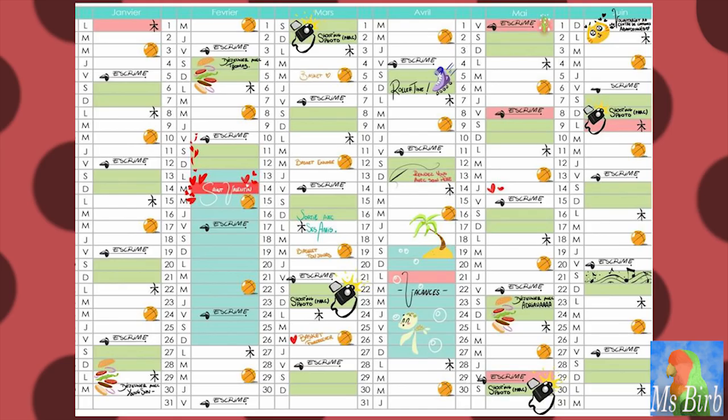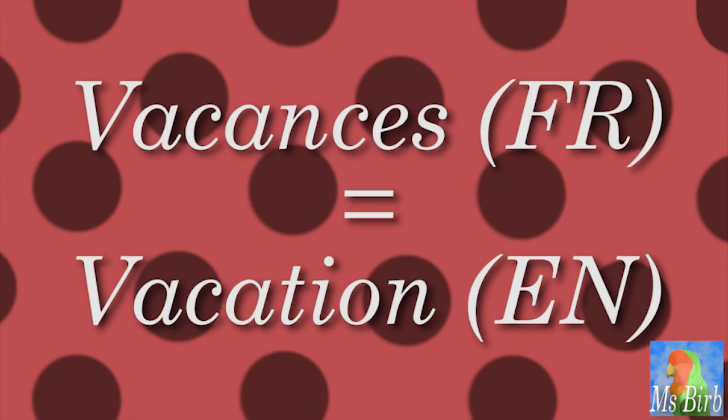The green rectangle represents the weekend. So as you can see, there's the S and the D representing the weekend. And the red rectangles are holidays, apparently. Now, I don't personally know this. The wiki says so, so I'm gonna trust the wiki. You can also see that there are blue rectangles. These seem to correspond to breaks and holidays that are not national ones, but rather school holidays. So the first set that we see here seems to be the winter holiday, and the second set seems to be the spring holiday. This is also evident by the fact that it says vacances in big letters, which means